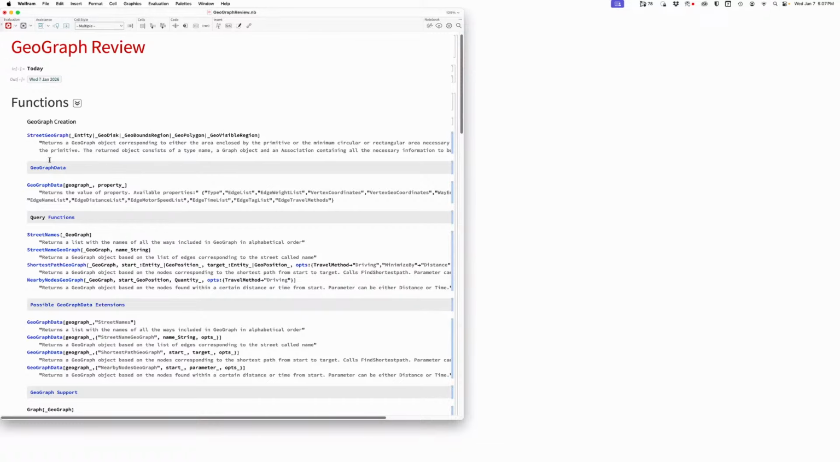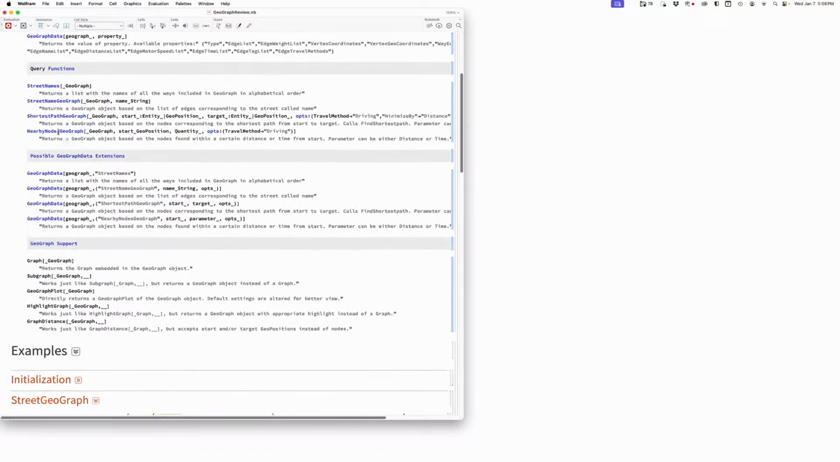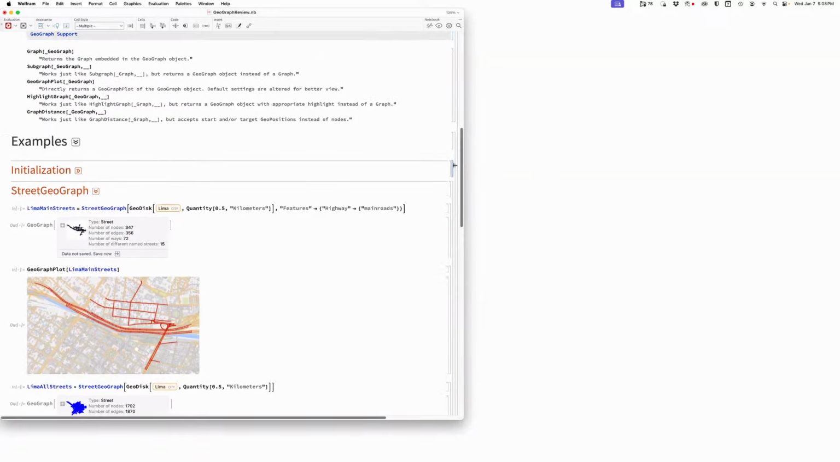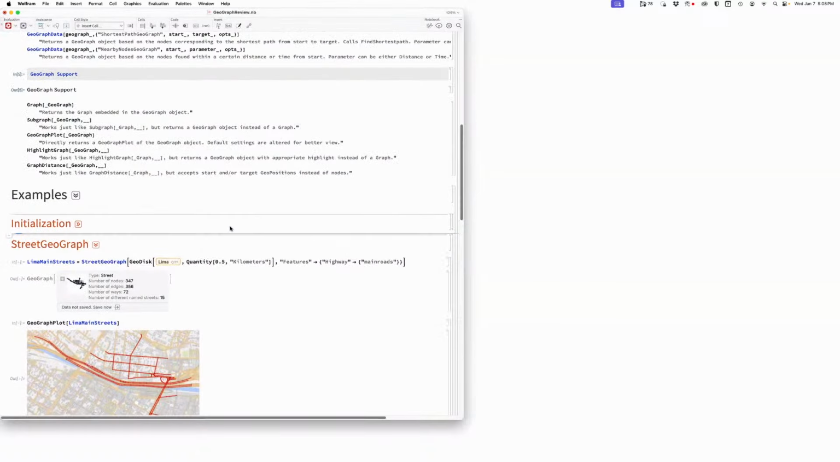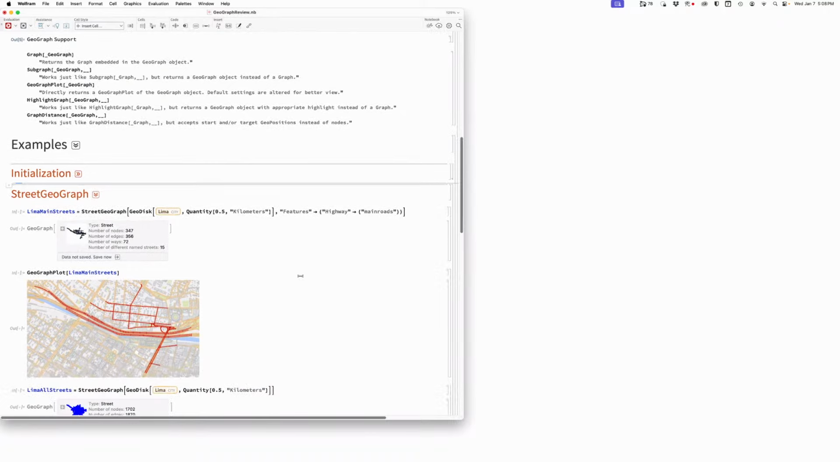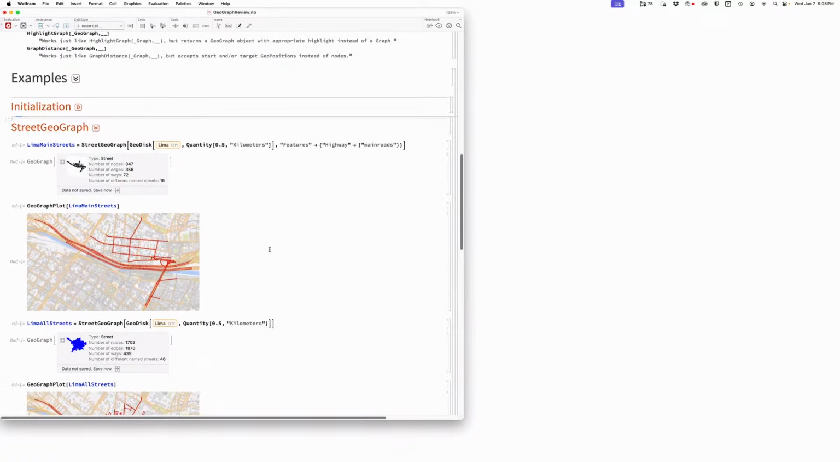Okay, maybe I should just look at some examples here. Can you run the initializations group? I think I did. Maybe I didn't. Okay, but if I take that,